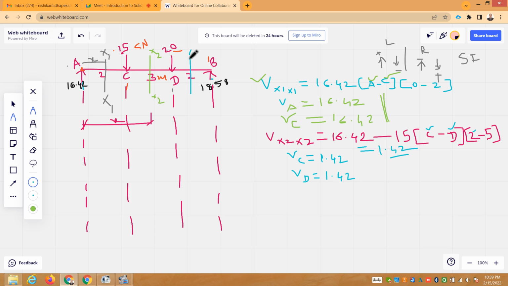master equation, and for that you assume the section x3. This x3 will be at a distance x from B. Now this time I am considering the right hand side, because if I consider the left hand side, I have to deal with 1, 2, 3 vertical forces. So on the right hand side only one vertical force is there. So I am developing the equation for the shear force x3